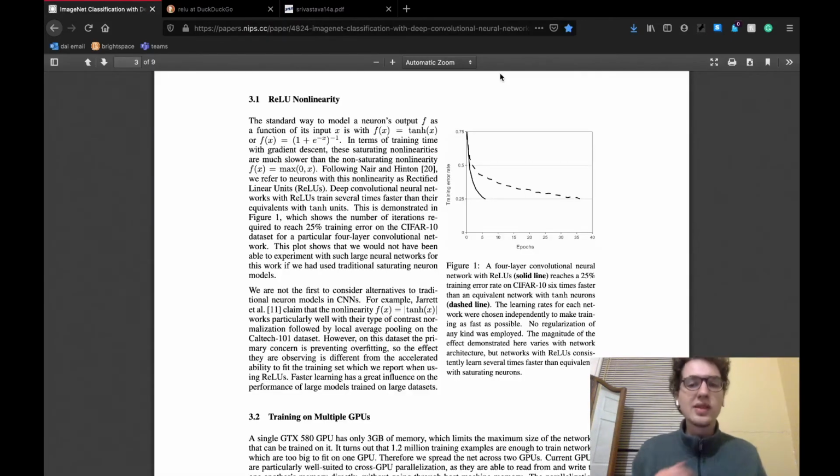So basically what this means is that during gradient descent, the ReLU activation function was able to reach convergence about 6 times faster than using any other activation function, which is great because with these large sets of data we're going to be training, the training is going to take a long time. So anything to reduce that time is really important, and that's why these ReLU activation functions are great to use.